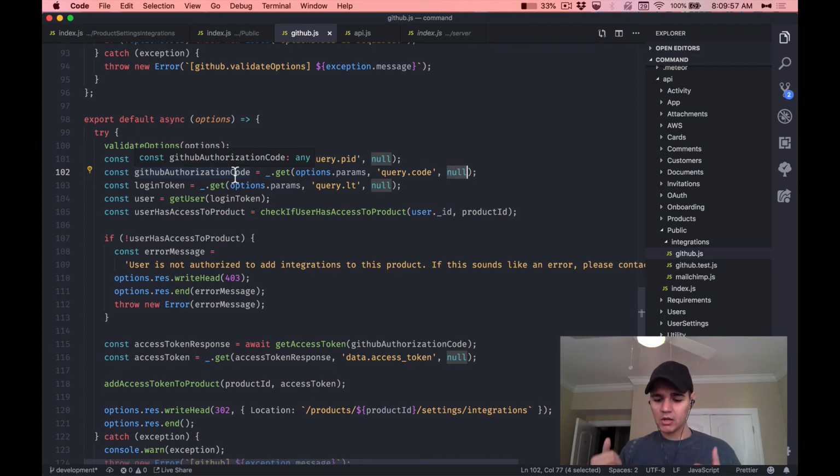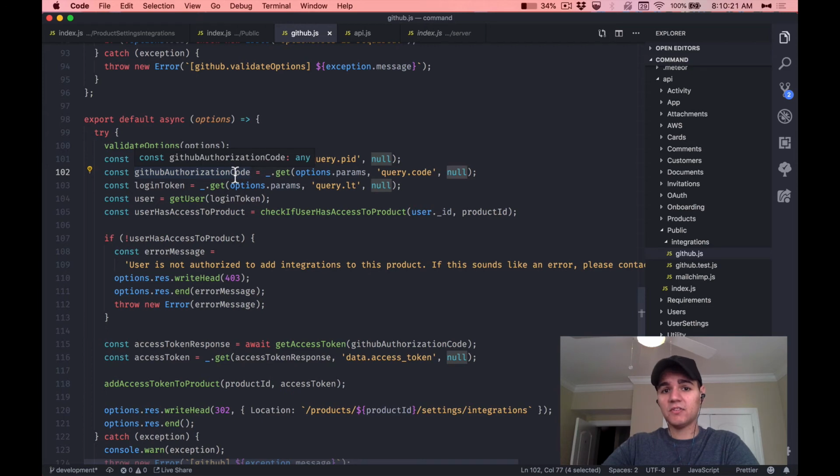Now, the authorization code is not something that we ever really see. That is the end result of the user authenticating us on GitHub. So when you click the green button and you say, yep, they're allowed to get to my stuff, when GitHub sends the response back to us, so when they go to our redirect URI, they include as one of the query params on the end of that URL something called code,